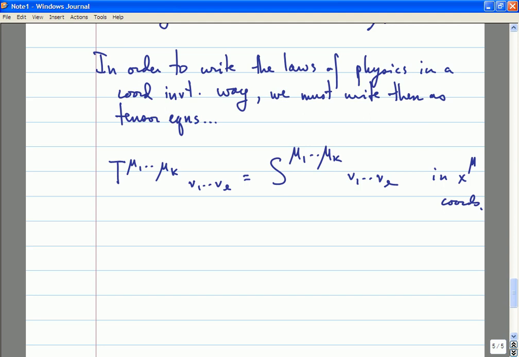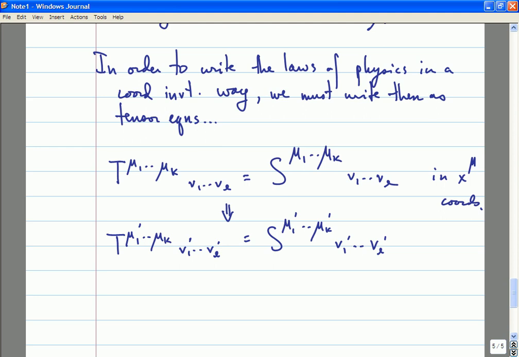Well, if this is true in one coordinate system, and if this is a tensor equation, then that will imply that this is true in another coordinate system. So, in particular, if a tensor is equal to 0, if T minus S is equal to 0 in one